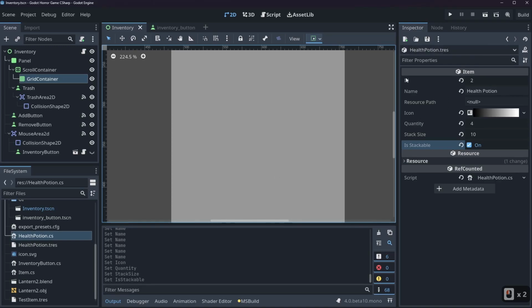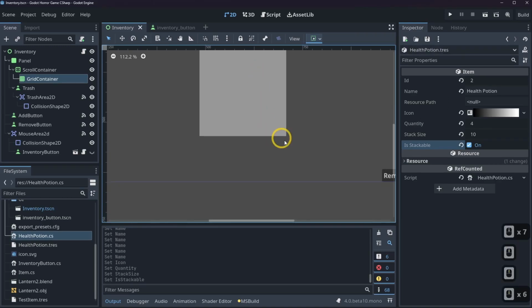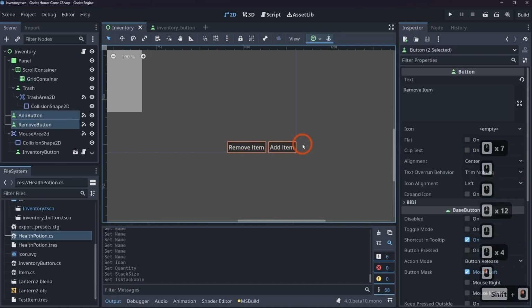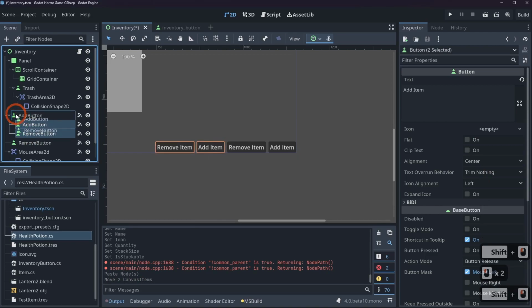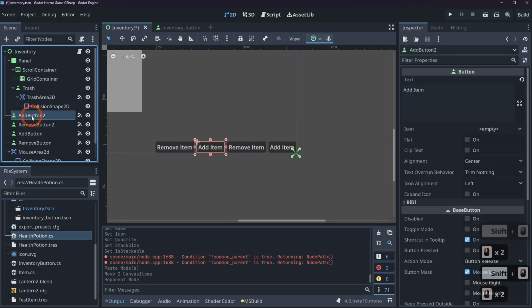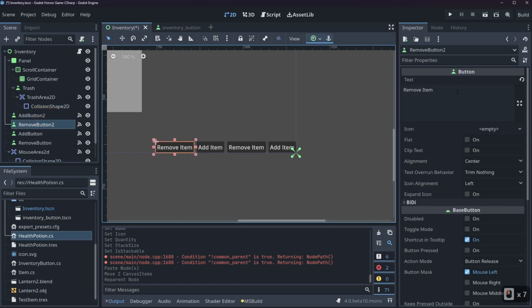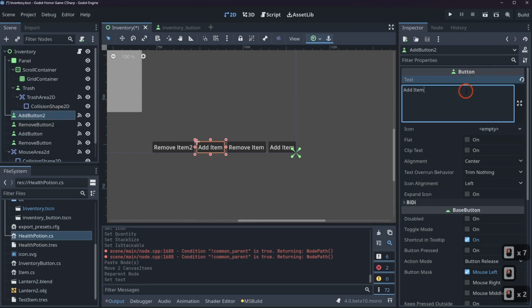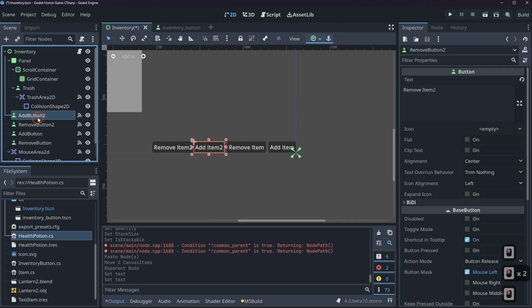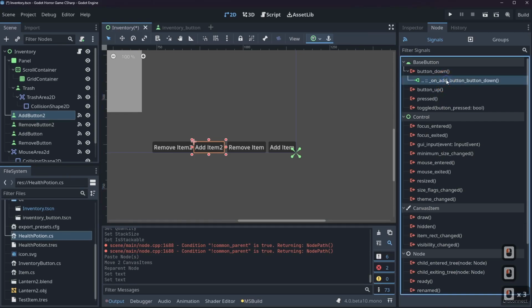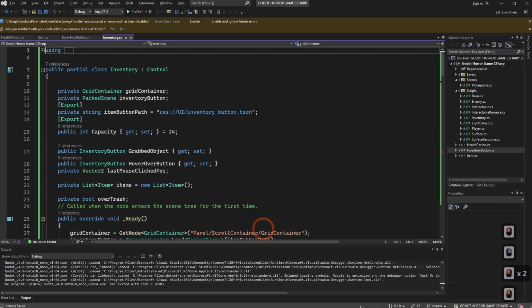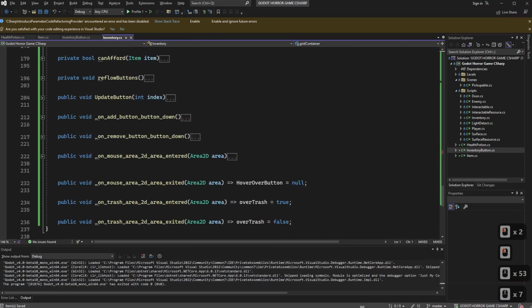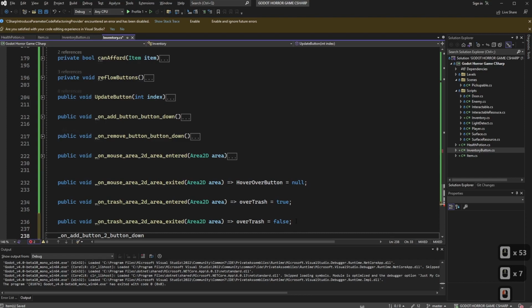And now all we have to do is basically duplicate our buttons right here, these two guys. So Control C, Control V, we'll bring these guys over and I will snap these guys slightly above and we'll just say add button 2, that's fine. Remove button 2, that's fine. And we'll just say remove item 2 and add item 2. And then we can basically just take these guys, disconnect it, connect it, and then I'm going to copy it, connect. It's going to bring up our Visual Studio. We'll scroll down here, paste,